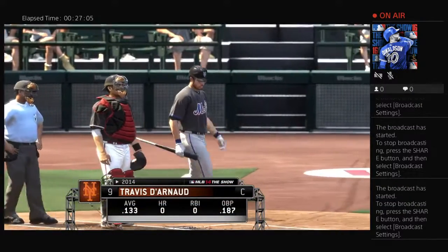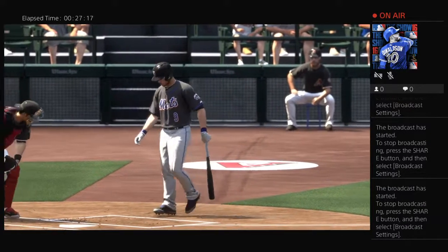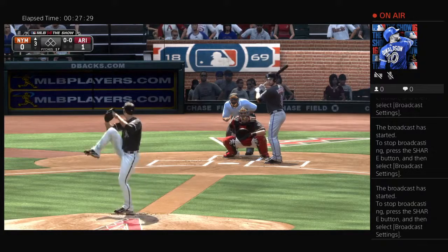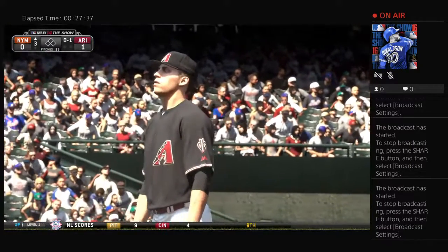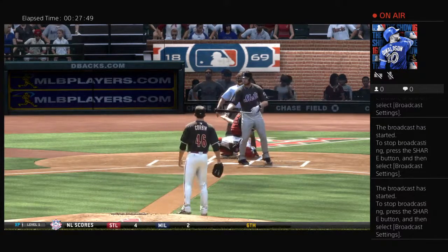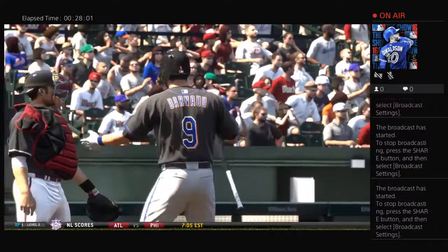Travis d'Arnaud will stand in now to lead things off. 7, 8, and 9 here to start the 3rd inning. And maybe one of these guys can break this string of 6 straight retired to start the ball game. And that's in there for strike 1. And this is going to be a foul ball. Swing and a miss as he starts the 3rd the same way he ended the 2nd with a punch out,